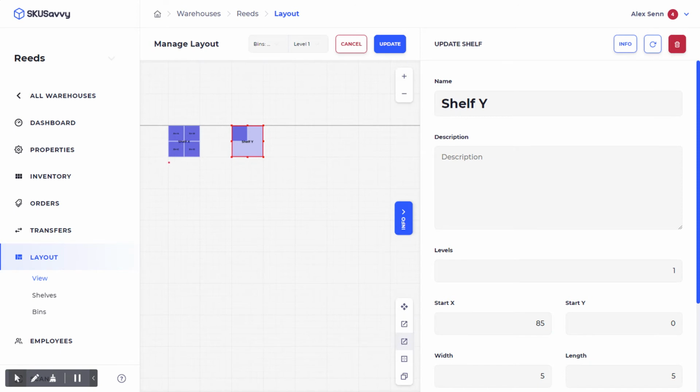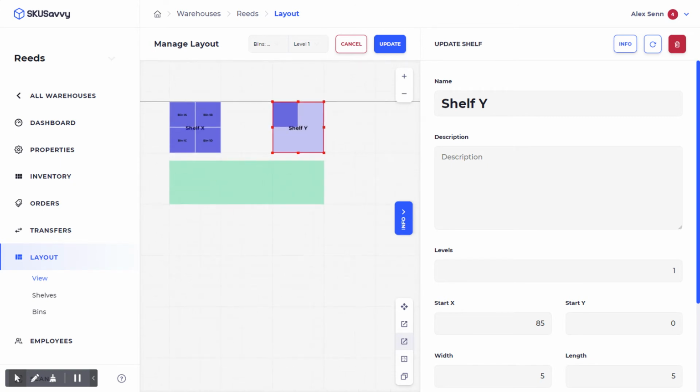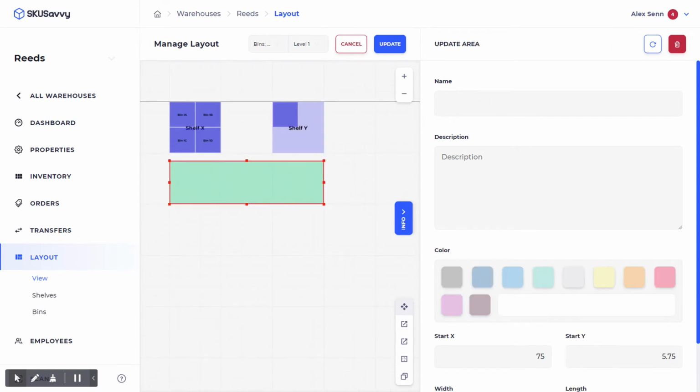An area is just simply to keep the warehouse layout as close to what you currently have in your own warehouse layout. So this could be a packing area, it could be an inbound area, could just be office space. You can select a color for that and give it a name